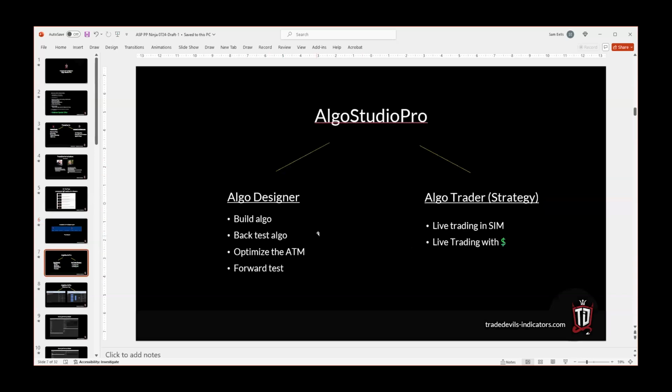Now, moving on, just so that you understand, as we present the product to you, there are really 2 pieces to it. There's the Algo Designer, which Erwin's going to walk you through. And then once you've built that algorithm, you've done some back testing, you've optimized the ATM for it, and you've done a forward test, if you feel like you have something stable enough that you would want to take to the market, upon creating that file, that algo that you've designed, you would load it into the Algo Trader, which would be implemented in Ninja as a strategy. And from there, we would strongly encourage that you do some live trading with it in Sim, because an optimized result and a live result are never going to be exactly the same.